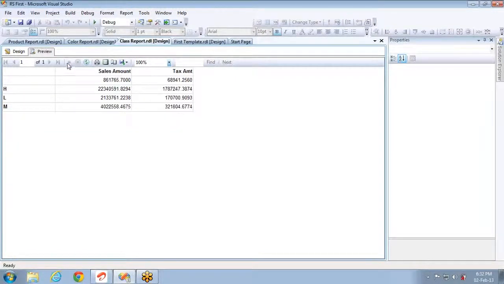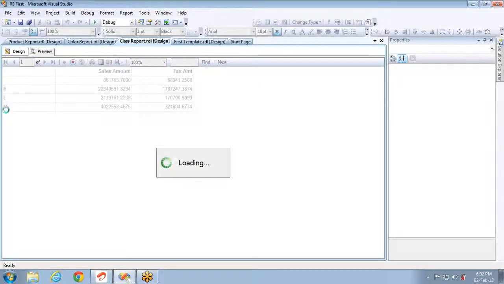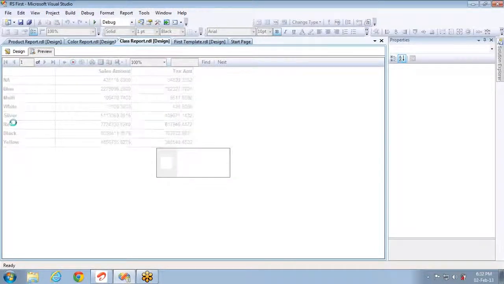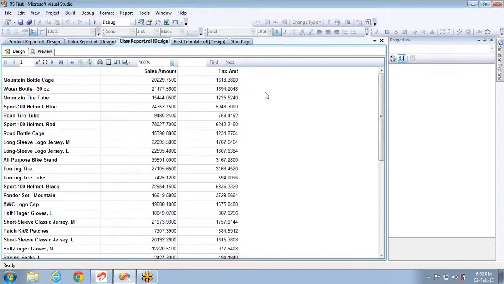You have two parents, so you can go back to the top parent, I mean your parent and grandparent. Now I'm clicking on N, it is taking me to the next level, next report, and from here it is taking me to the third report, that is product report. So this is how you can configure drill through reports in SSRS. This is most commonly used one.